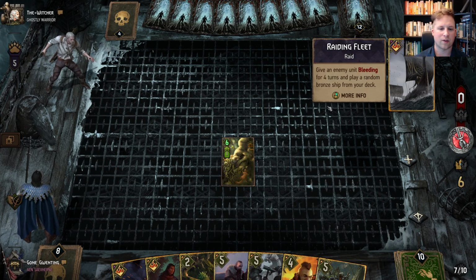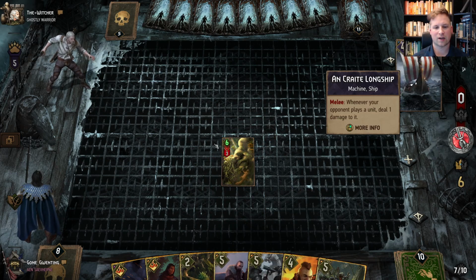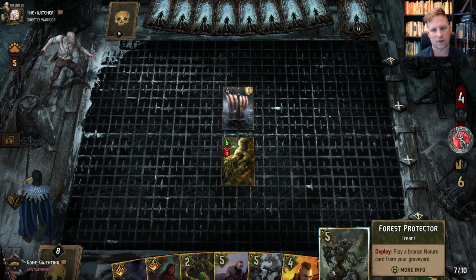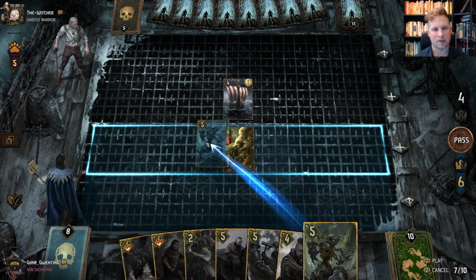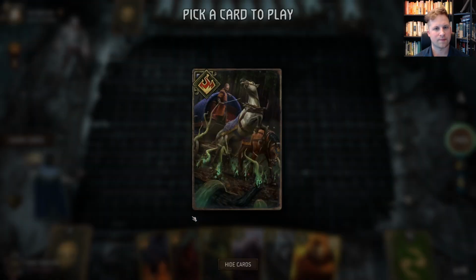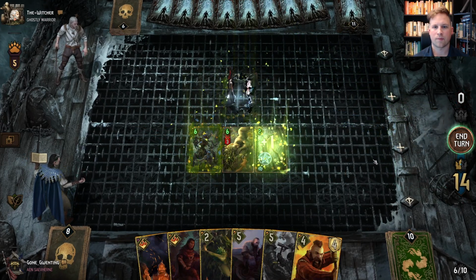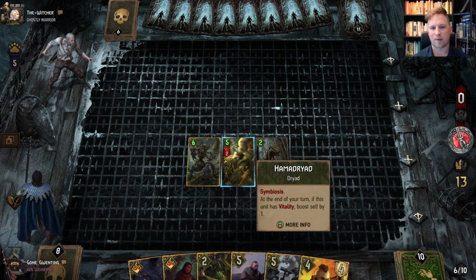So actually, I don't like this as much. I think one of the best plays you can make here is actually okay, that's fine. She has Symbiosis, so she's gonna take bleed damage here, which is going to be annoying. But this is pretty nice. But I think the better play onto this Hamadryad